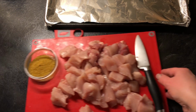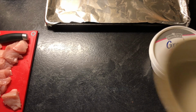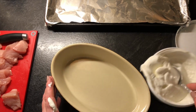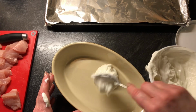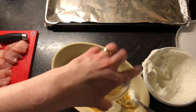So I'm just going to put my board to one side. I'm going to use 2 tablespoons, possibly 3 tablespoons of the yogurt. 1, 2, 3. I'm going to add in my curry spices